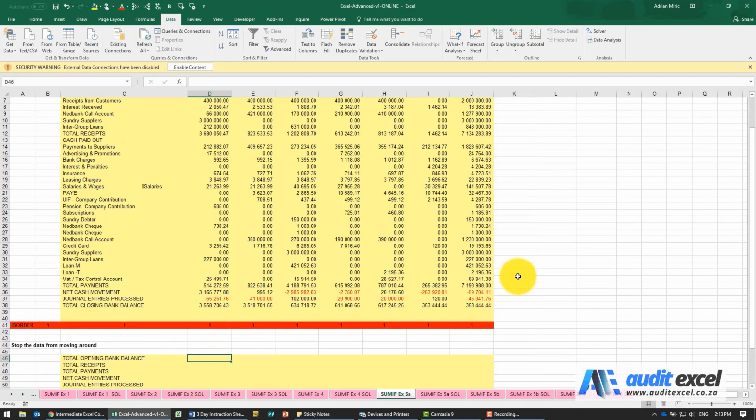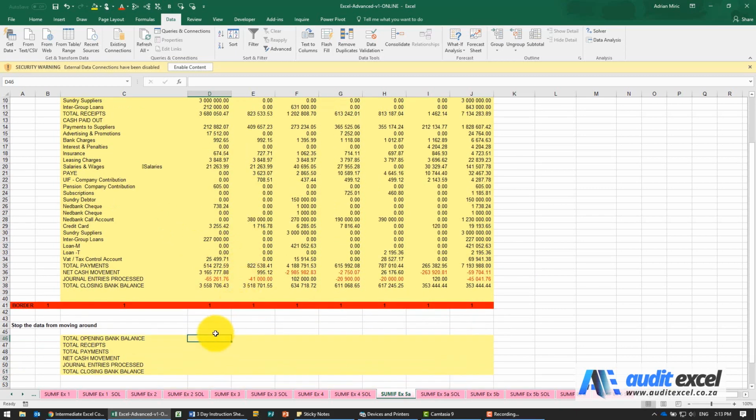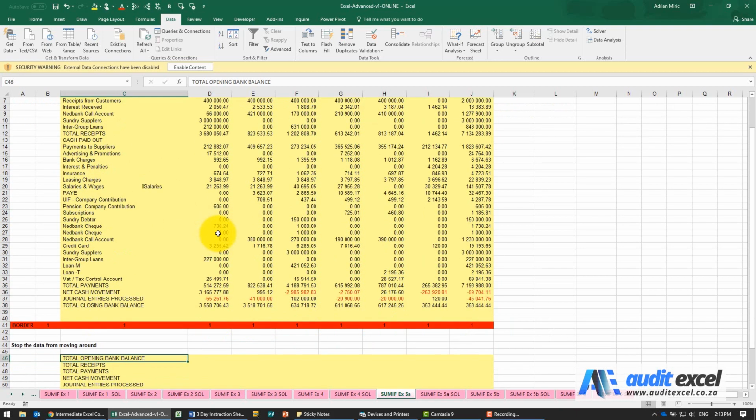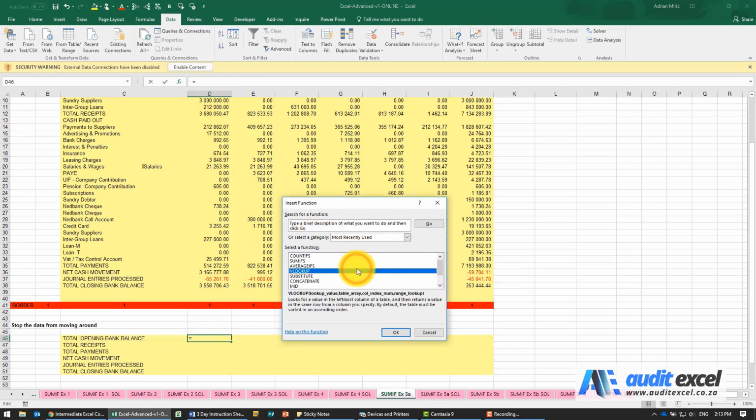The solution to this example, so we could use a VLOOKUP here, but we're going to rather use a SUMIFS. So what we want to do is to tell Excel to, in this cell, look at that description, find it over here, and then sum any item that repeats itself. And in this case we probably won't have any repeats, but it's just to show you that this can work similar to a VLOOKUP. So we're going to go and do SUMIFS.